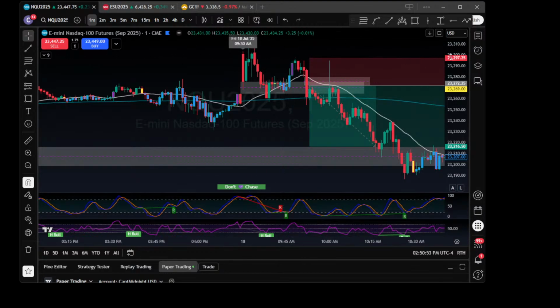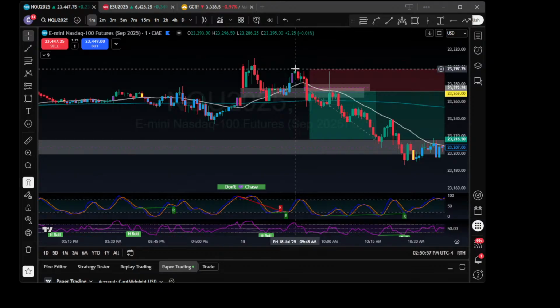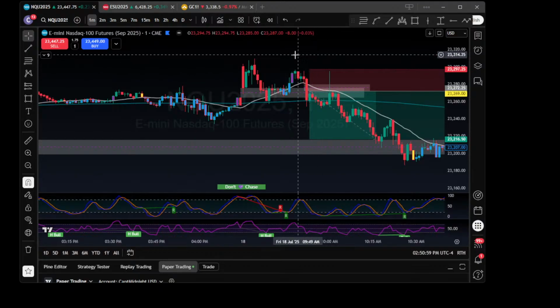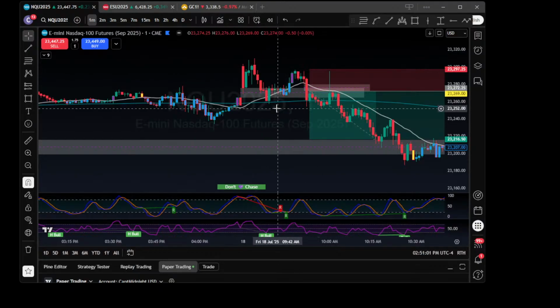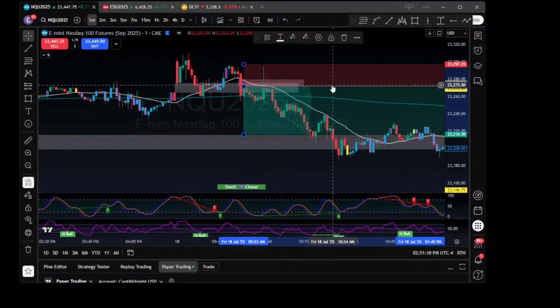But that definitely shouldn't be taken at all. This is the one that really, if this gets taken, it's probably going to take that anyway. So this would be a good stop. But still 100 ticks, I'd have to downsize. I'd have to go to micros, top of this fair value gap. We're going 100 for